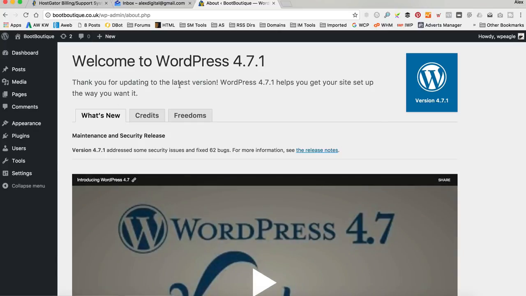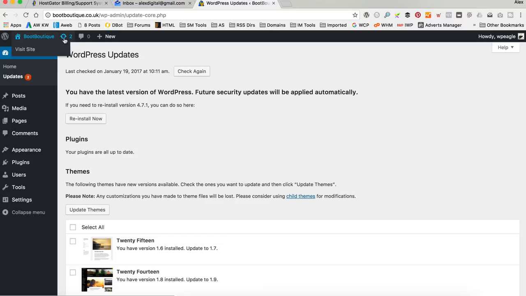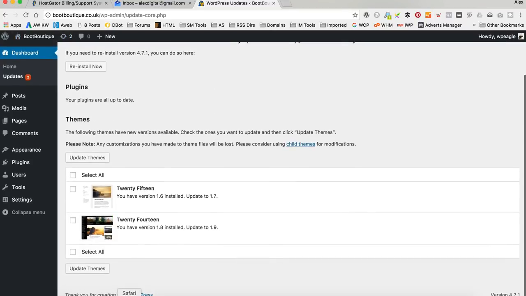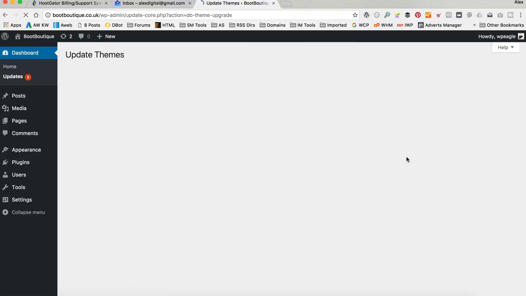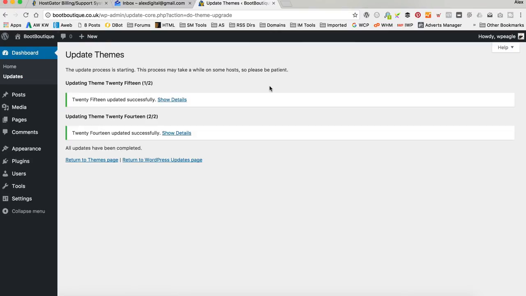You'll find all your updates going forward up here. You see this little twisty arrow thing that tells us that we've got updates. A couple of themes here that need updating. Again, we're not going to be using these, but I'll update them just to clear off those numbers and keep everything nice and tidy. Okay, so if we want to go and have a look at the website, if we go and click visit site,